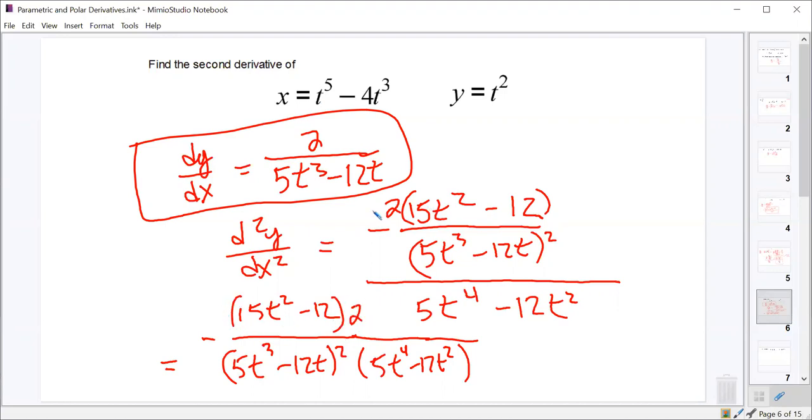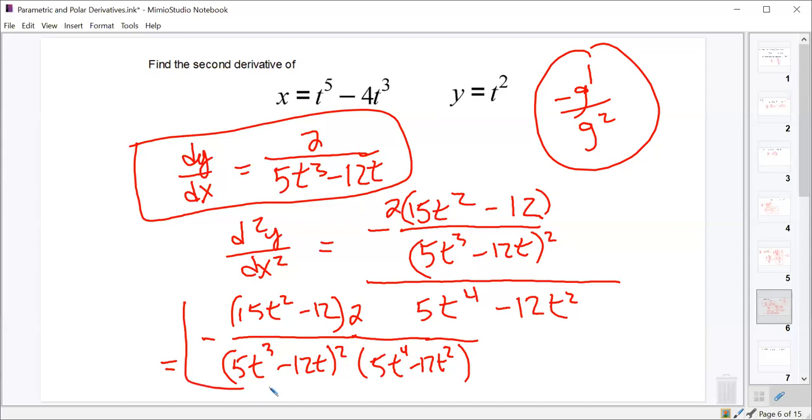So our reciprocal rule says that whatever this numerator is, as long as it's constant, can stay there. And then we have negative derivative of the denominator, negative g prime. Call it g, that's what we normally use. Negative g prime over g squared, that's the reciprocal rule. So there's negative g prime, 15t squared minus 12 over g squared, that's the denominator squared. And then we keep the 2 up there. And then we have to divide that by